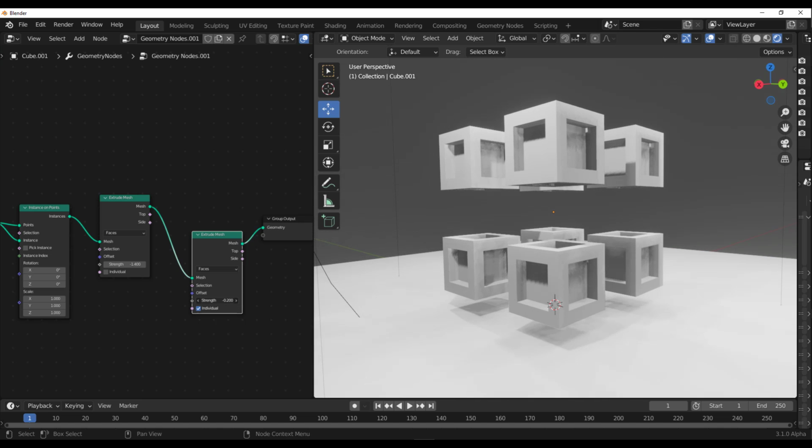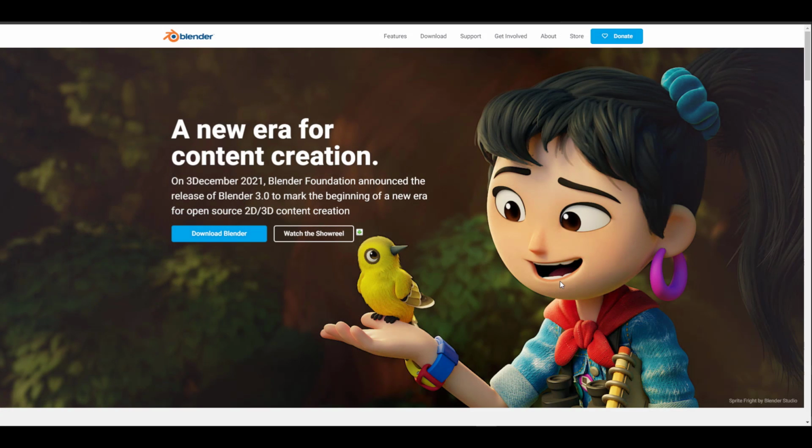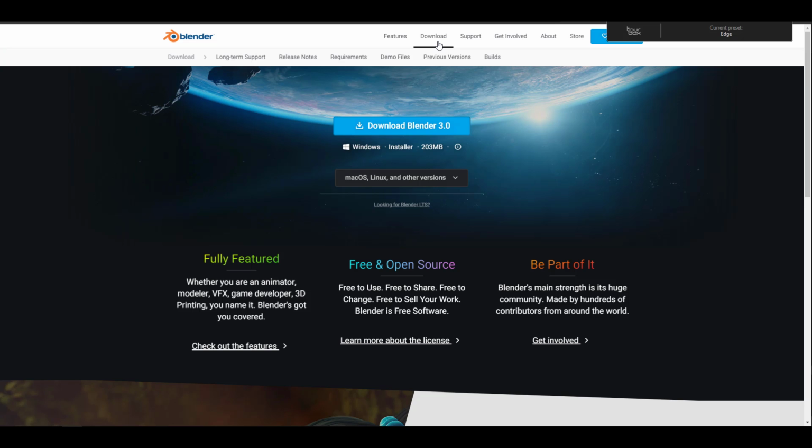Today we have some interesting findings that you guys will definitely love. And if you love Blender, and of course you do, love working with the geometry nodes, this is a beautiful one. So to get started, you need to go over to blender.org, then go over to downloads, go all the way down,